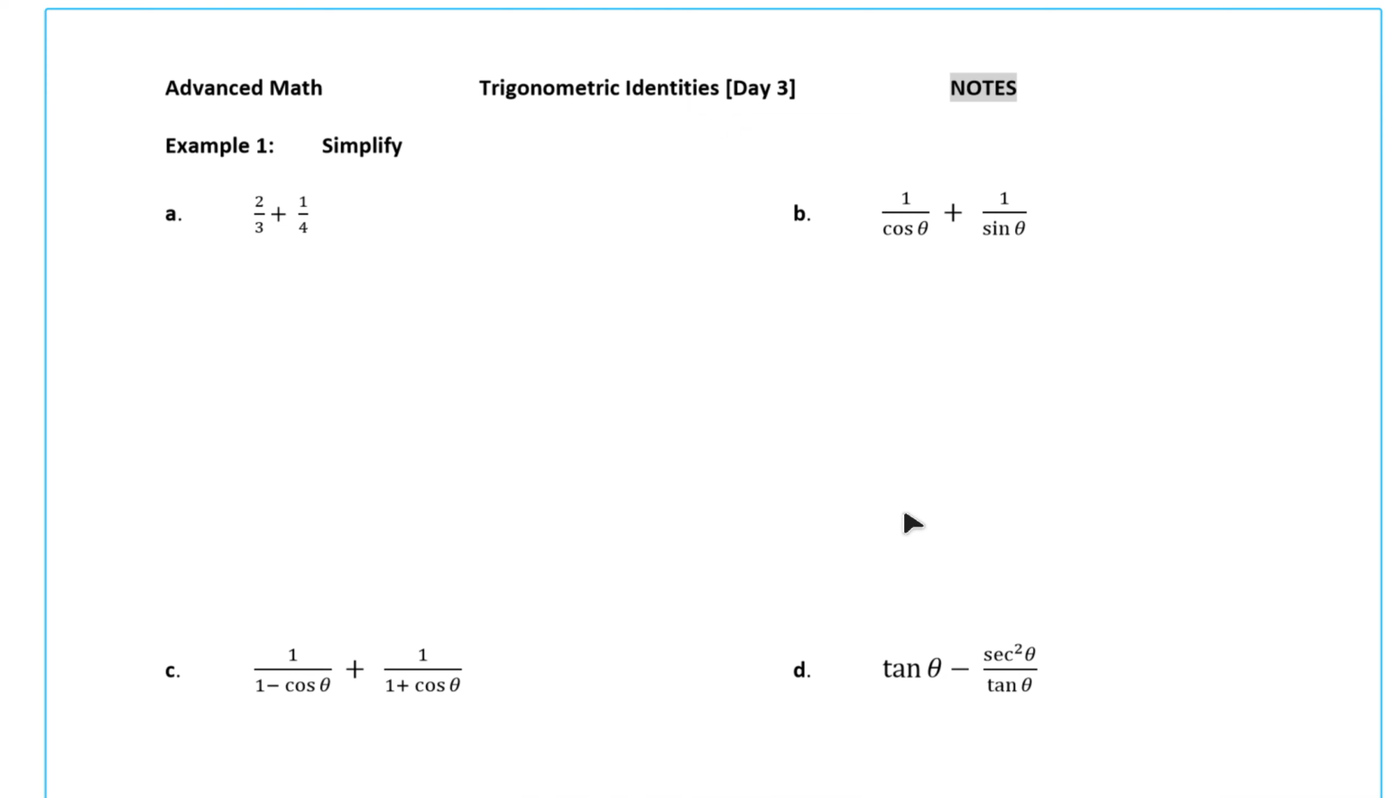Okay, now it's time for Trig Identities Day 3. Here are some other techniques that you will need to incorporate when simplifying trig identities. So let's just take a trip for a second back down the road to elementary school, where we started learning how